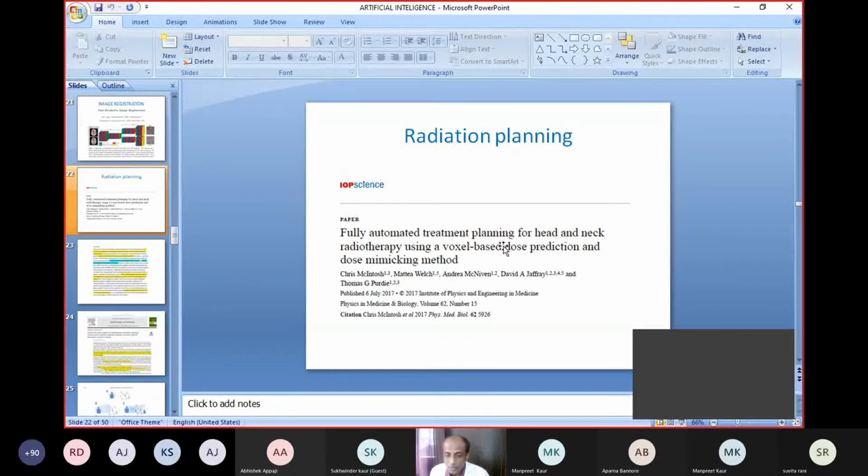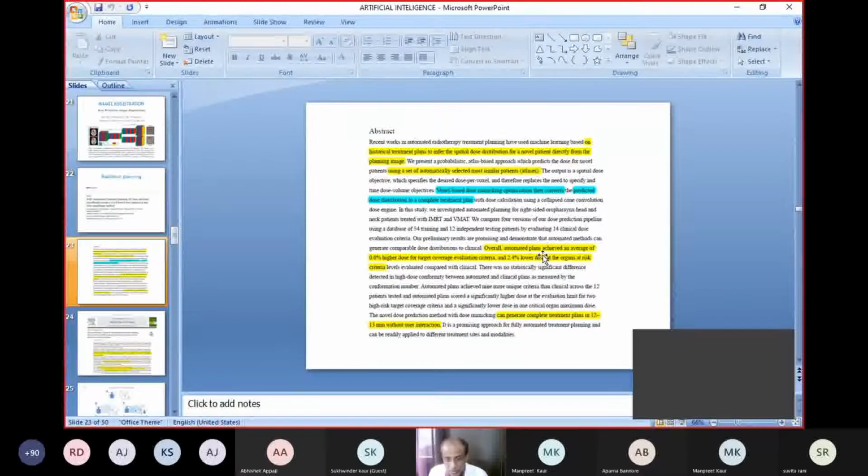Suppose we are delivering head and neck radiation to 1,000 patients over a year, and we save those 1,000 plans in our computer system. When we take a new patient scan, the computer will automatically detect which plan of the earlier patients fits best into this new patient, so that the same voxel-based plan will be generated for the new patient quickly, in less time compared to the standard approach. So this automated voxel-based optimization converts the predicted dose distribution into a complete treatment plan.